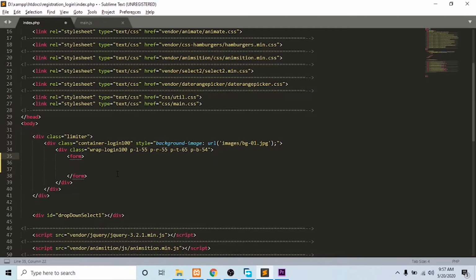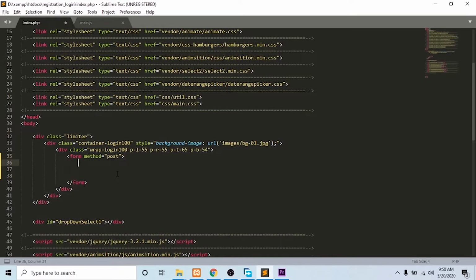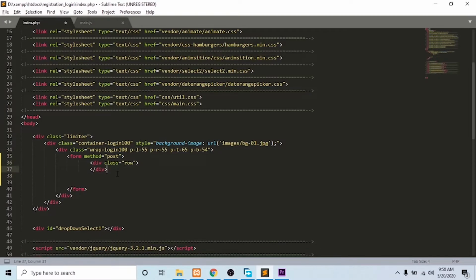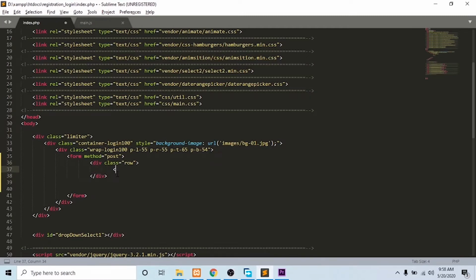So I'm going to use the post method, and I'm going to create the div class row, and I'm going to create the label. Label name is full name,